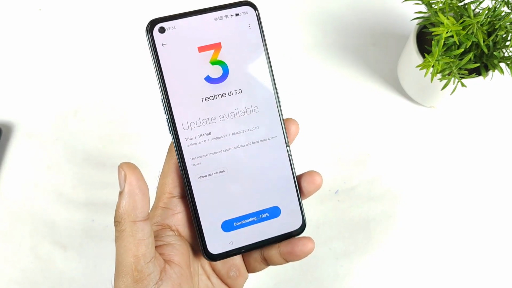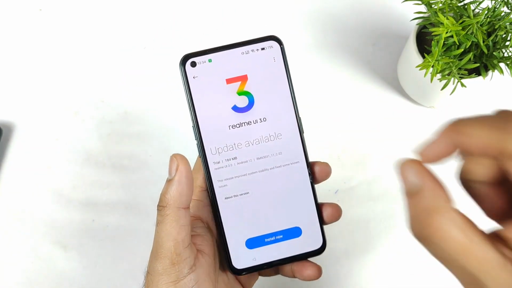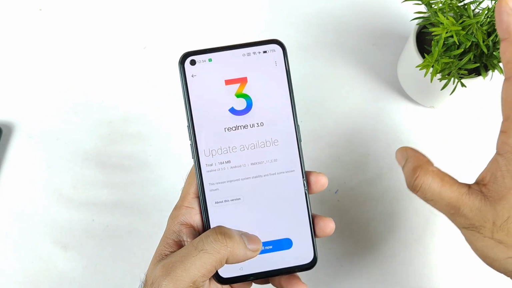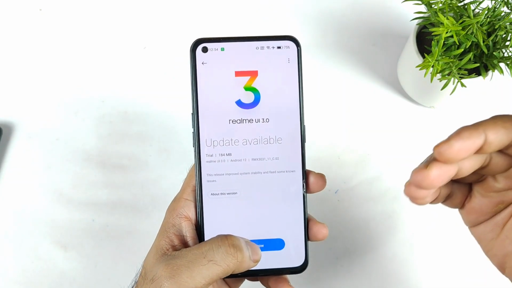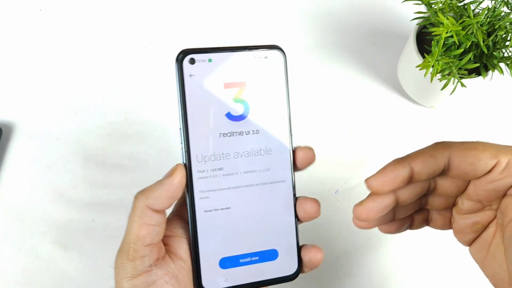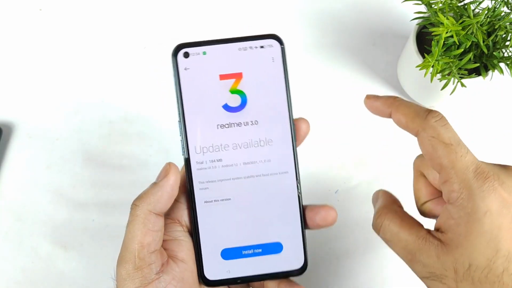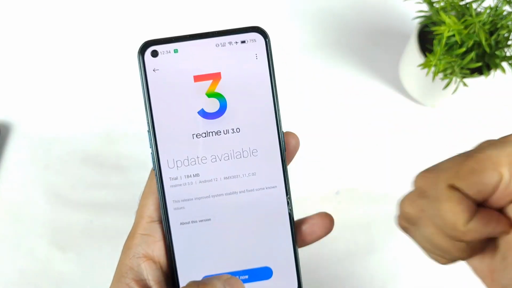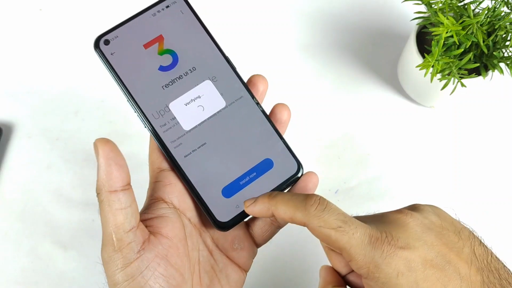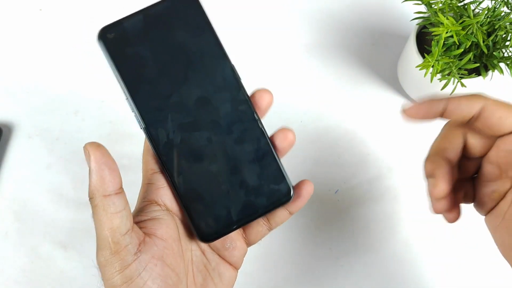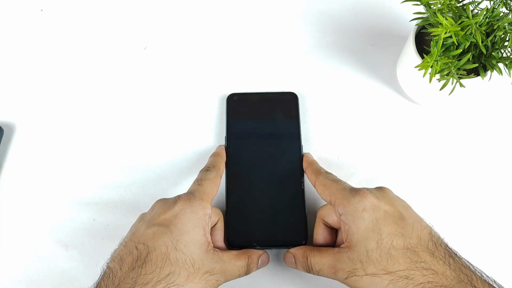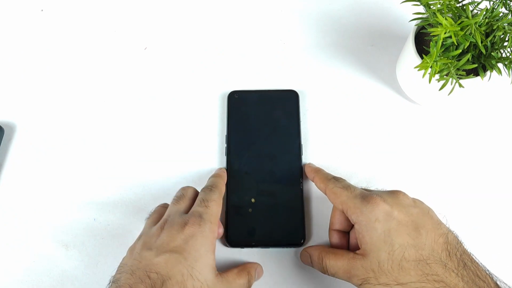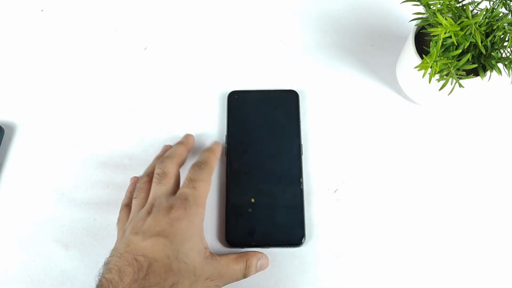So finally friends, this is the update which the Realme X and Max Realme UI 3.0 users will receive. Not everyone, only those who installed this beta version and are actually facing these issues will receive this update at this moment. And right now the battery percentage is 75%, and it's good to go. And still I did not get any power button, home button or menu button. Let's see friends, after complete installation, whether the problem will be fixed or not.